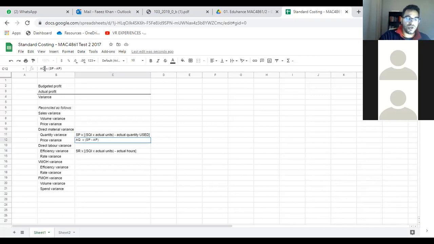I just want to make this clear. This here is actual quantity purchased. I'm putting it in bold so you know it's quantity purchased, whereas in the quantity variance we use the quantity used or quantity issued. Once again, we come to the price variance for labor. What are we doing? We're comparing standard price to actual price. And then what do we keep constant? Quantity. Which quantity? Actual quantity. We know the quantity is hours, so I'll say actual hours multiplied by